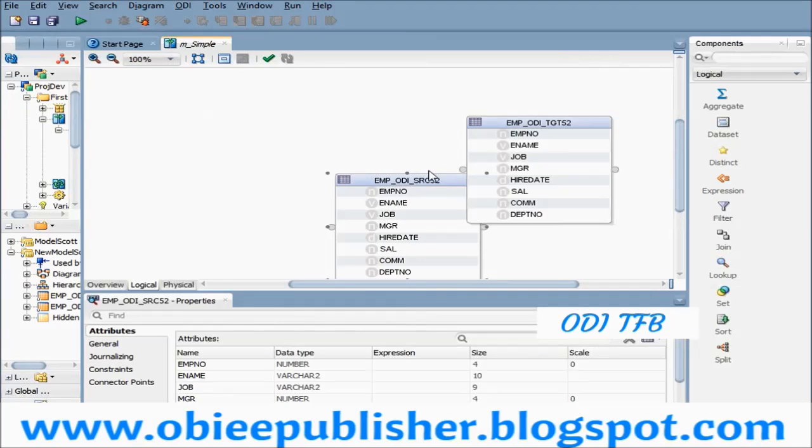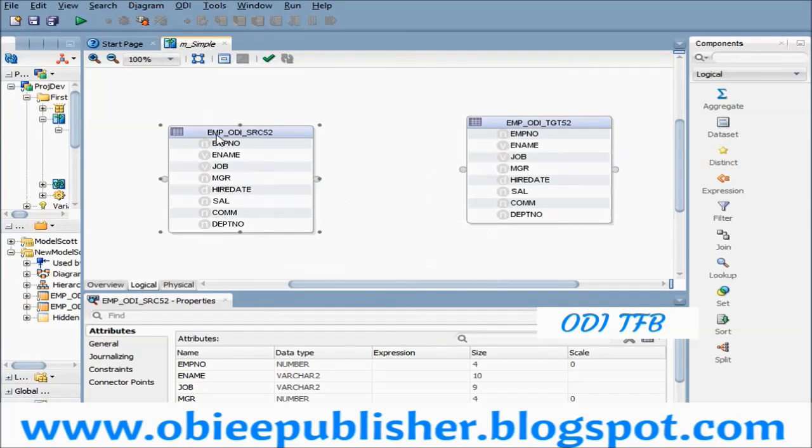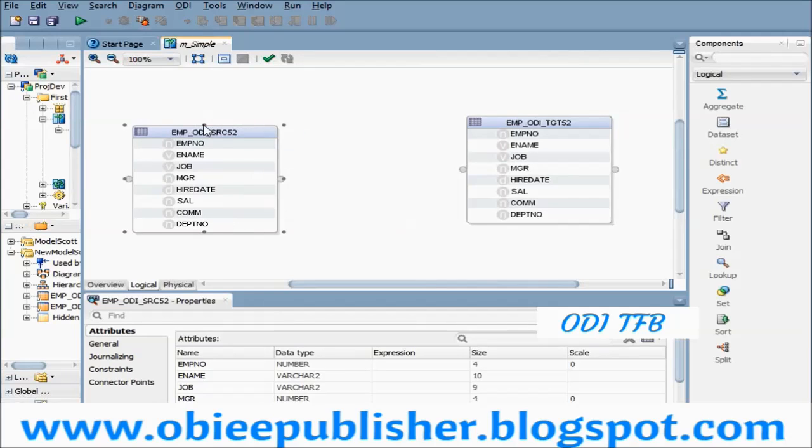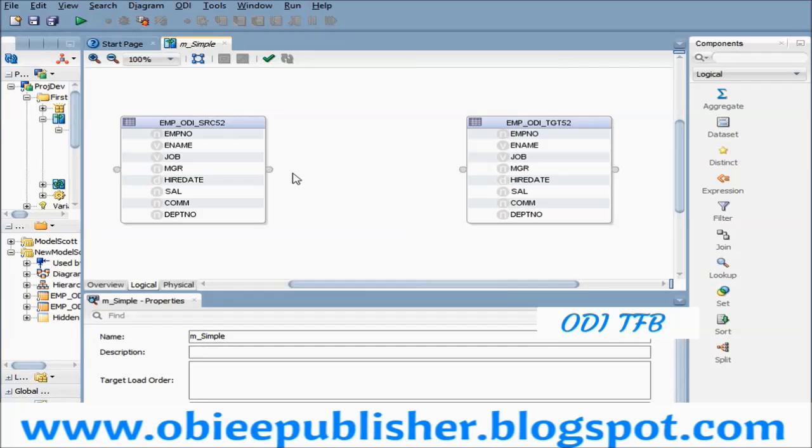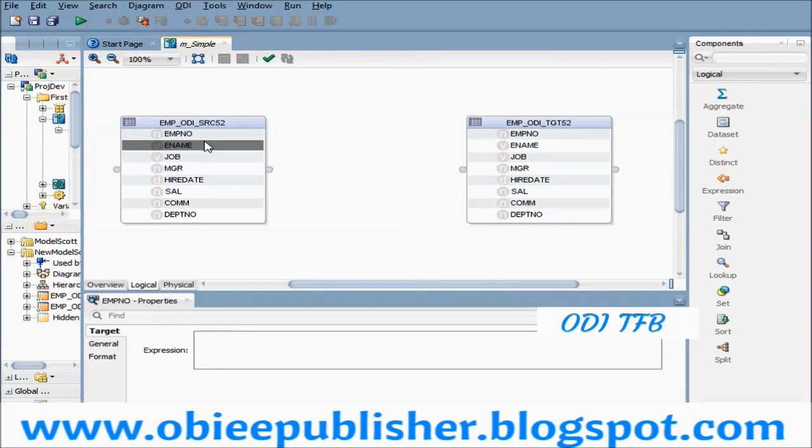I know that I want to read from here, but ODI doesn't know which is the source and which is the target. Depending on the link only, it will identify from where you are reading and where you are loading. So now this is the source and this is the target. We saw in the first session that when taking columns from here to here, there are multiple ways to link. One is reading from here, but which column goes to which column, without any derivations, we just took and loaded the data. Of course, we also tried a couple of hard-coded values.